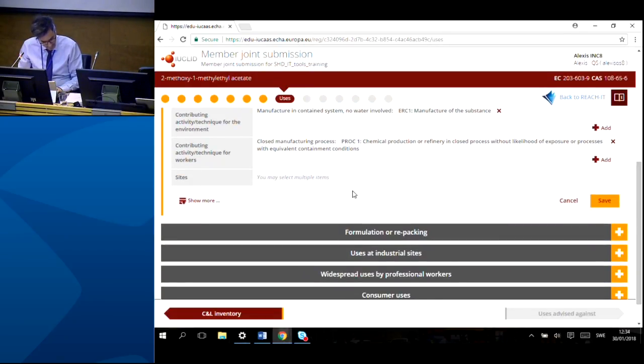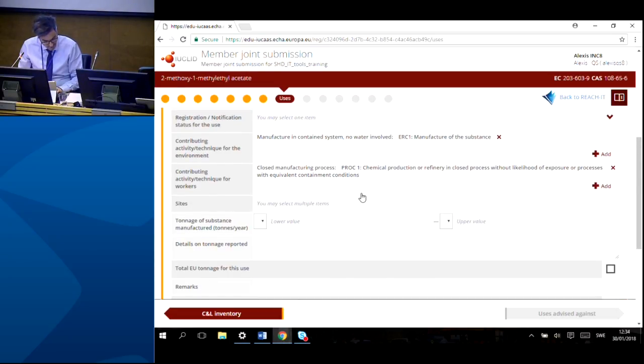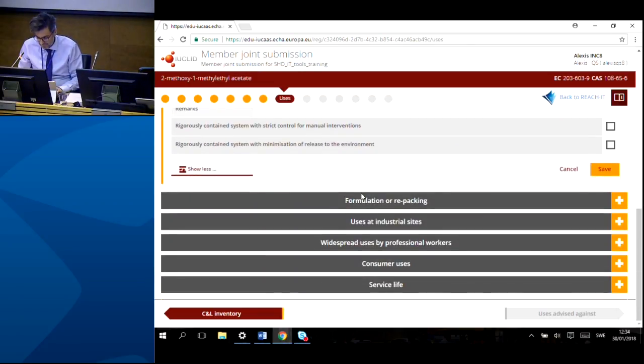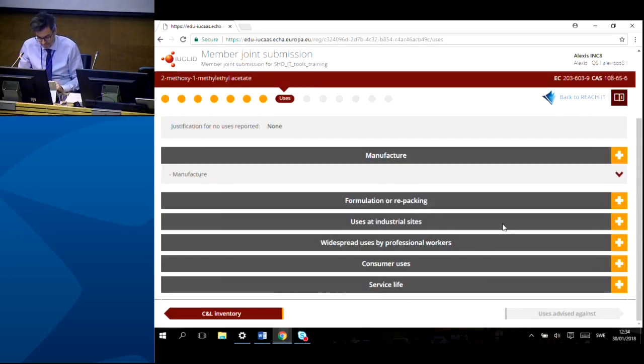There is more information that you can add. For example, in this exercise, we have several contributing activities for the workers. In this example, I'm only going to show the first one because it takes time to fill and it's exactly the same information. So now I can save it, but still,